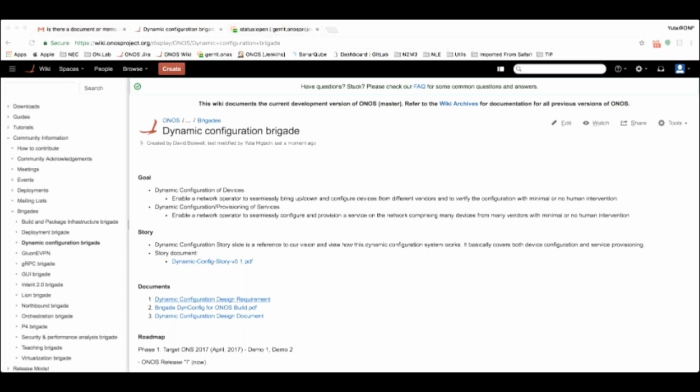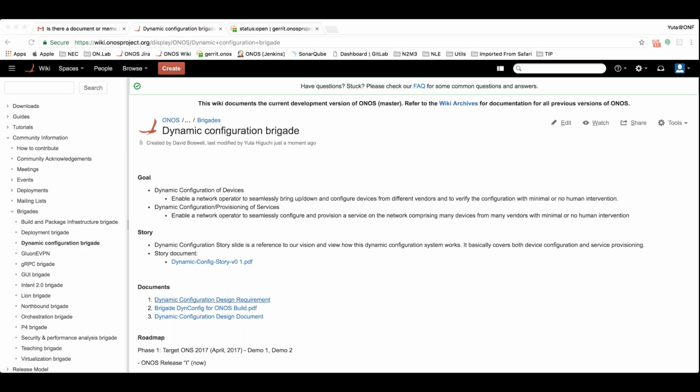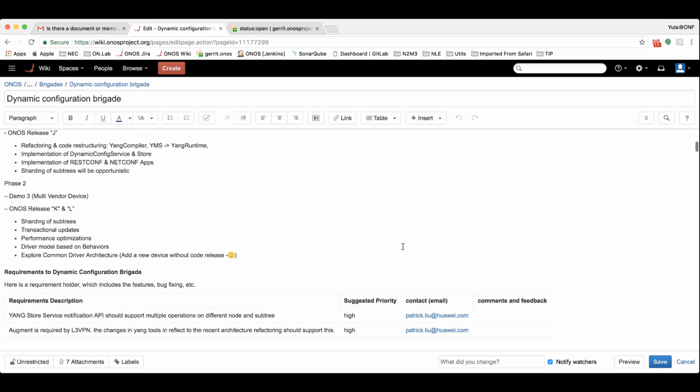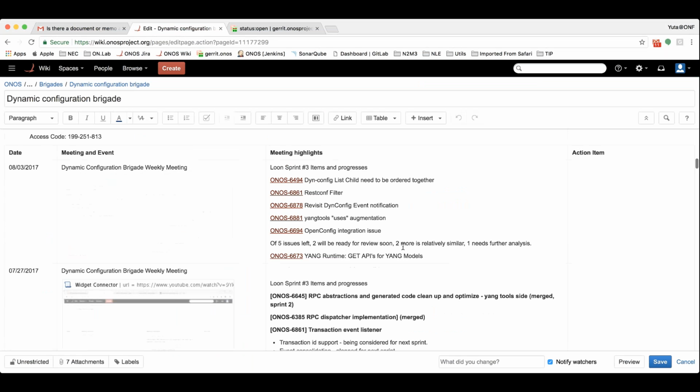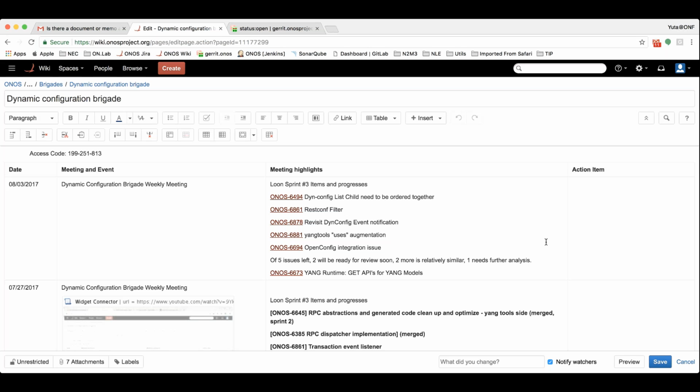Wait, I'm not quite sure I followed which API. Okay. Basically, regarding the live compiler and the web resource, there are two open points. One is the GET APIs implementation. The GET, what do you mean by GET? Basically, from the REST, we can query, we can get the modules. So REST-based. Okay, I see. So that's a REST API to the runtime subsystem, effectively. Yeah. Okay, right. I was primarily concerned about the ability to post a set of resources and have them be compiled on the fly.